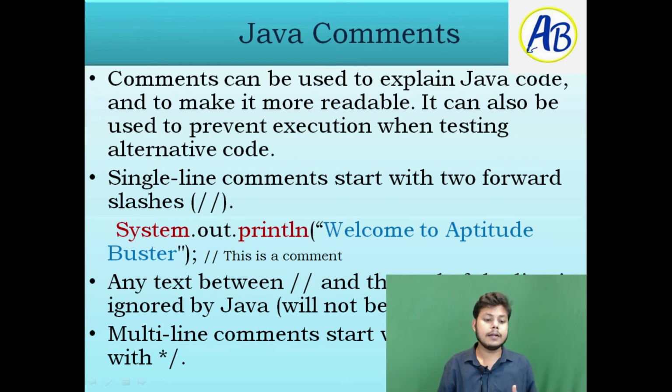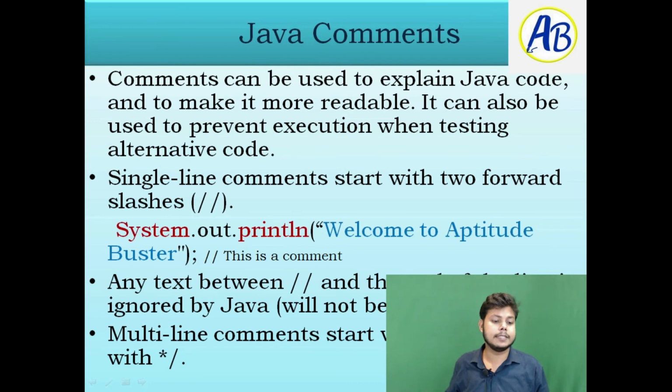We are using a single comment line, which starts with 2 forward slashes. When you use 2 forward slashes, it is treated as a comment. When we run the compiler and it sees the 2 forward slashes, it already understands that anything written after them is not to be executed. It is only for reading purposes.